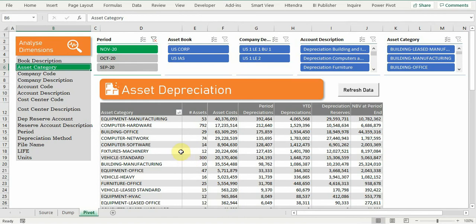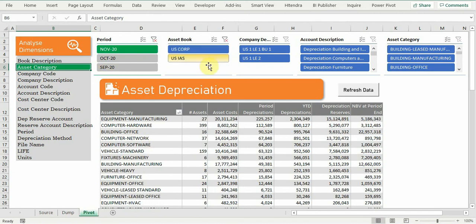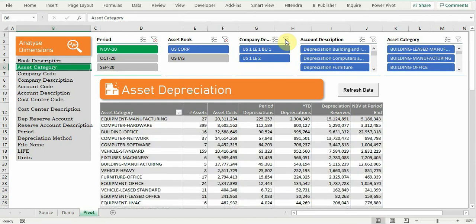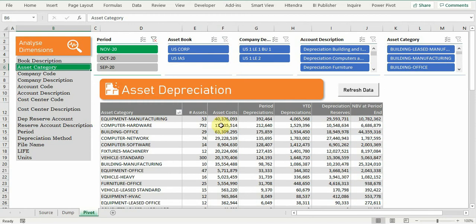So now this is showing the correct data. So here my slicers are very much useful. So I can see or compare November 20s US Corp for second legal entity. So only for one book it is available. So if I select unselected, so category wise across both the books or even across multiple books, the view will